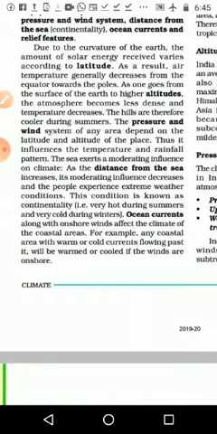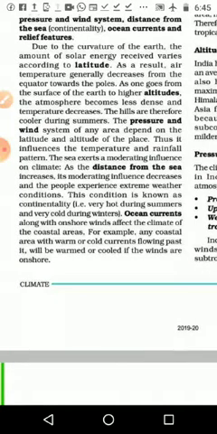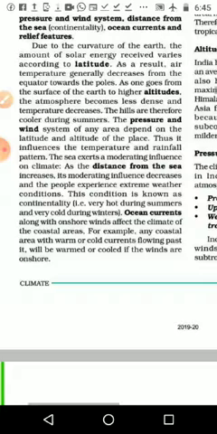As one goes from the surface of the earth to higher altitude, the atmosphere becomes less dense and temperature decreases. If you go to the hilly side, as the height increases, the temperature decreases, and we can see the air in that high area is very thin. The hills are therefore cooler